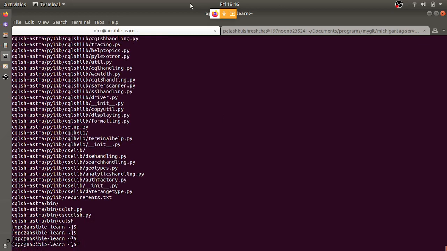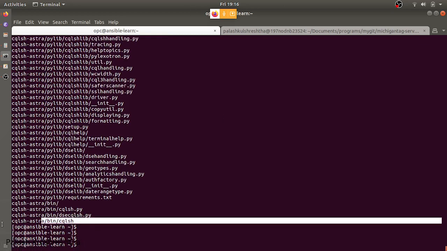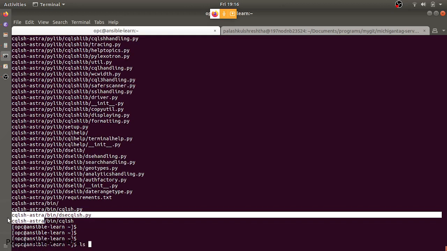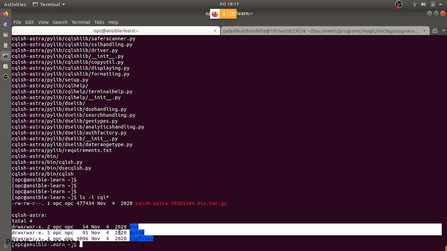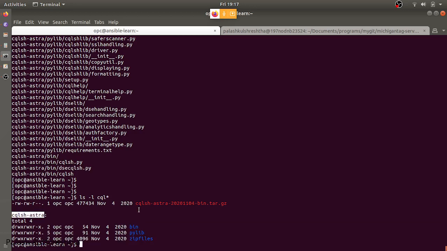What happens? So it tried to unzip those files, and let's see what it gives us. So it has created a folder called SQL Astra. Let's try to see ls -l SQL Astra. So as you can see, it has created 3 files which are present in the SQL Astra folder.